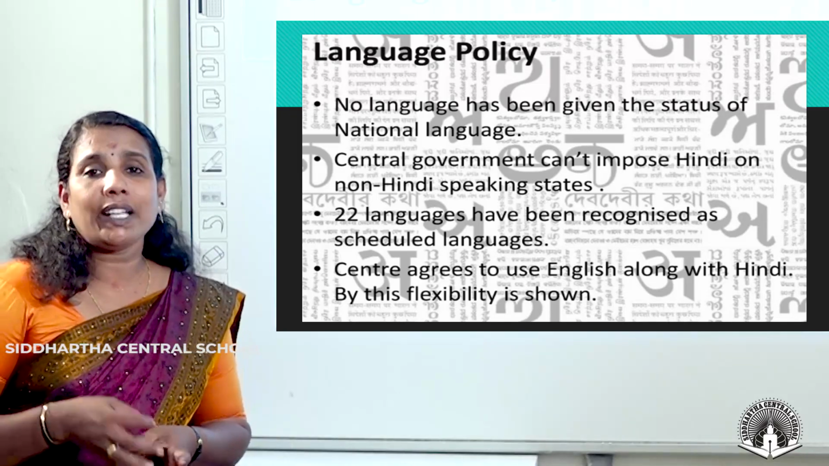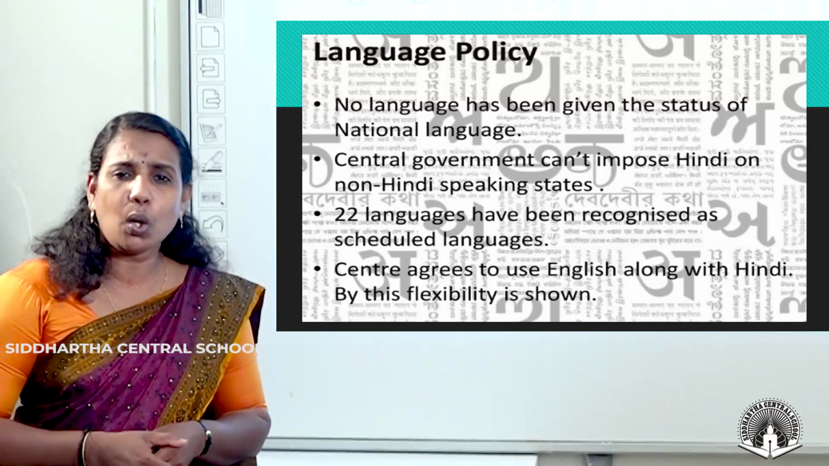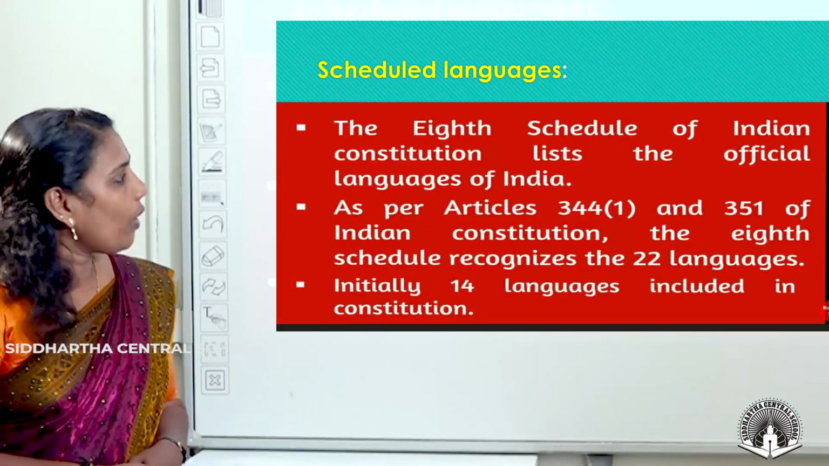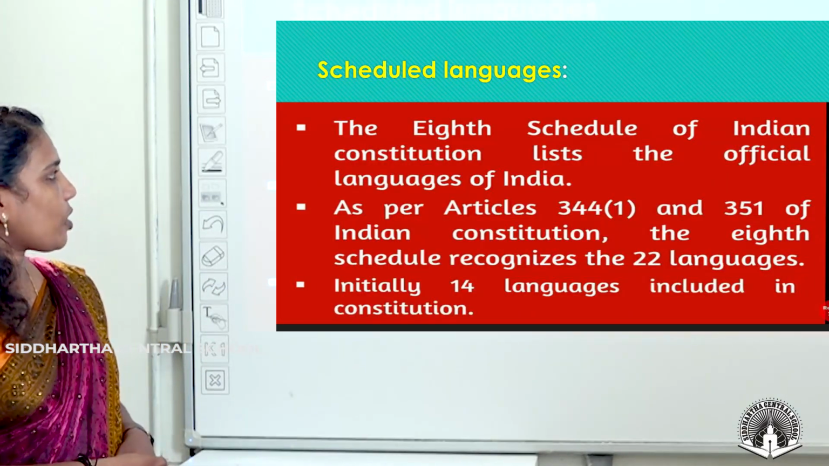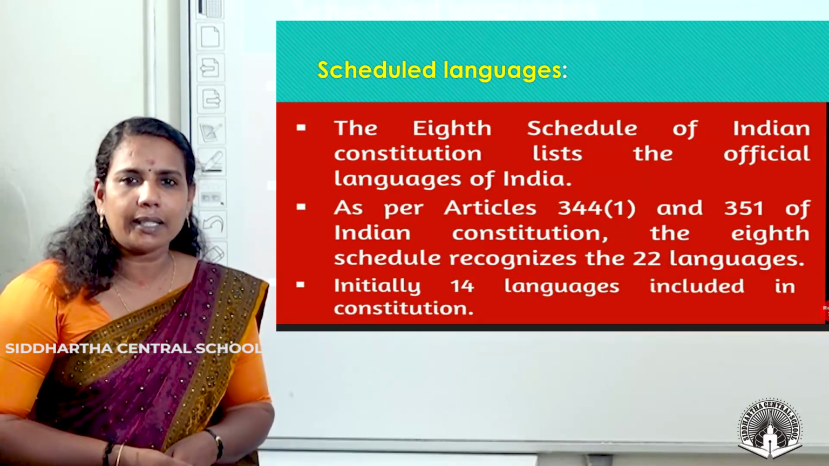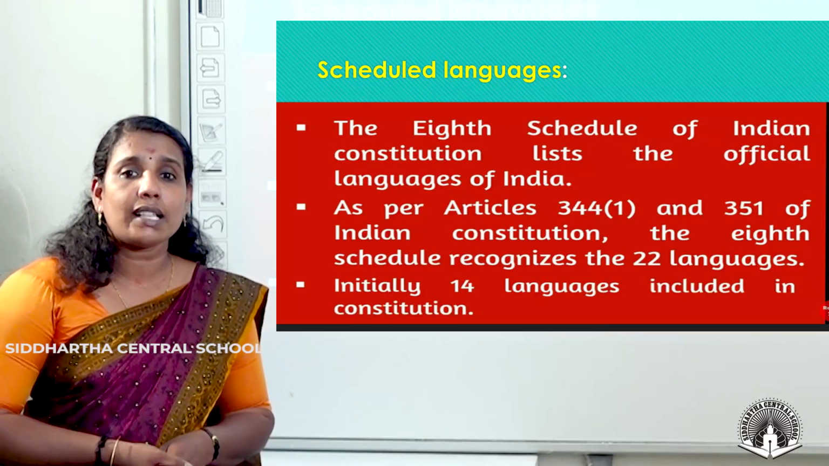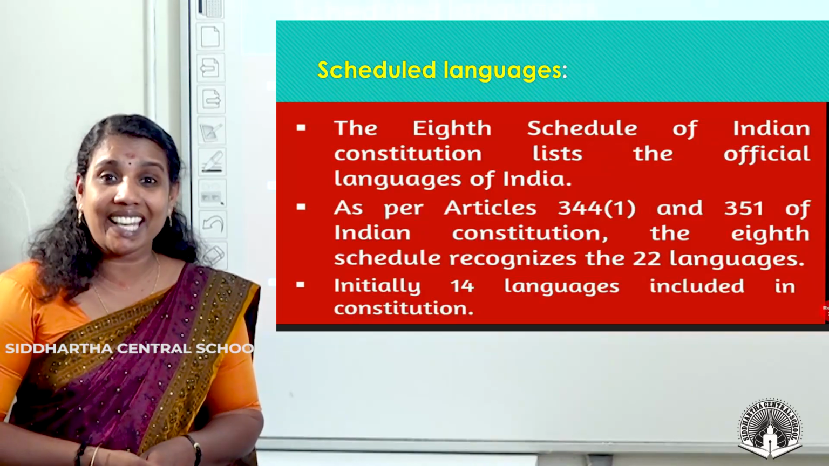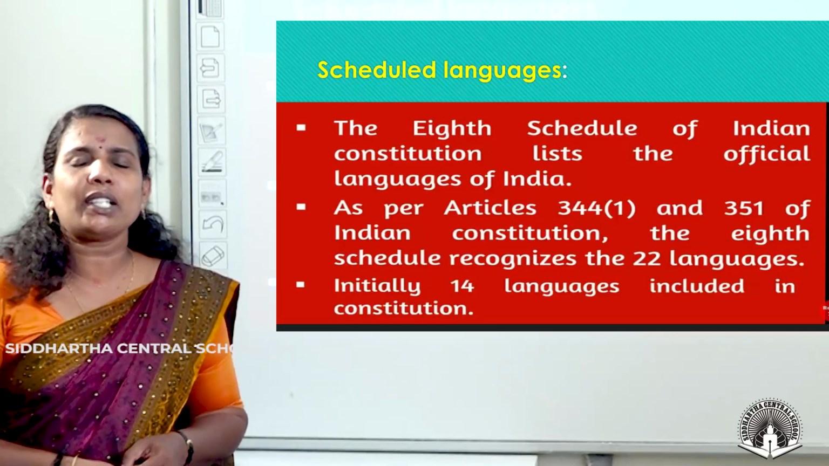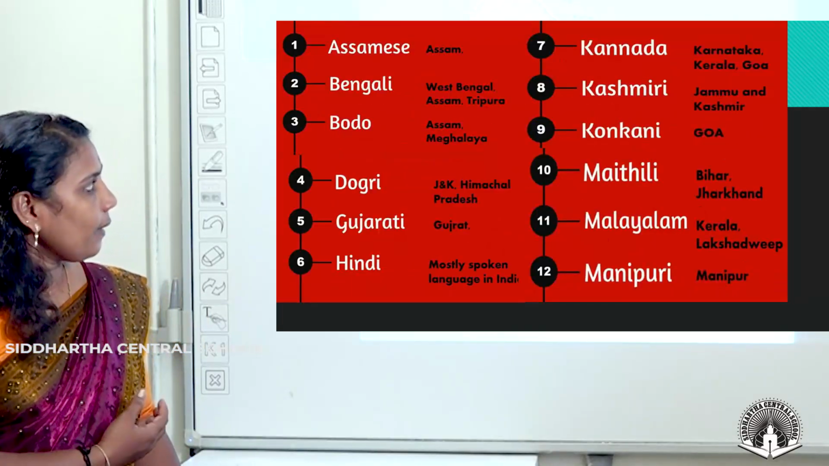Besides Hindi, 21 languages were recognized as scheduled languages. You know what scheduled languages are? The 8th Schedule of our Indian Constitution lists the official languages of India. The peculiarity of these scheduled languages is that a candidate writing an examination for a central government position can write the exam in any of these languages. And these are the scheduled languages: